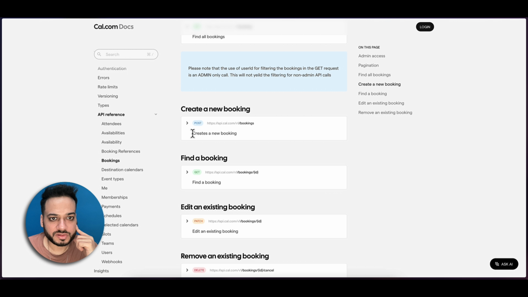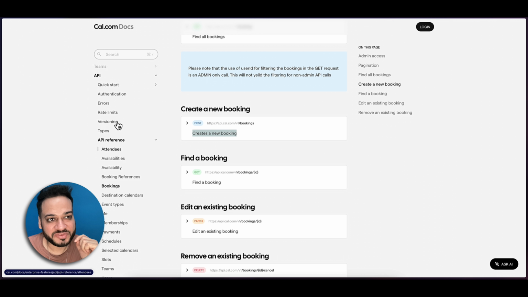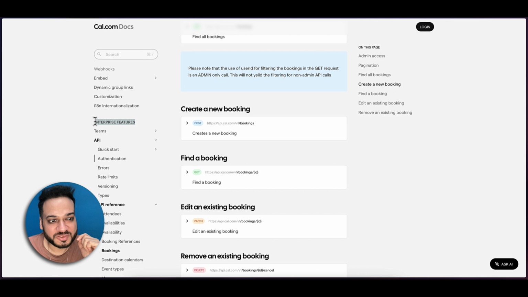You can have, yes, this is a create a new booking, which is a post API. But the important point, this API reference is under the enterprise feature. So if you are a person or a freelancer or somebody who's a single person who's trying to get things up, you cannot create a booking through any of these API reference points, and your only option could be just a very simple Google Calendar API.